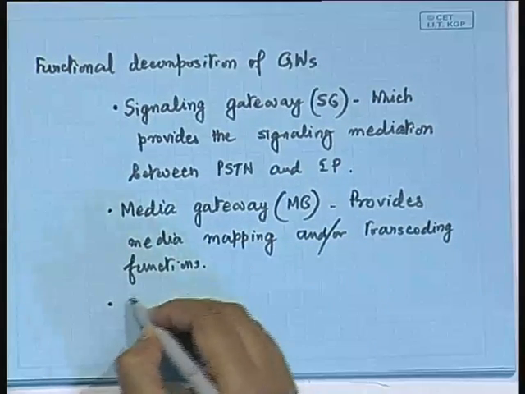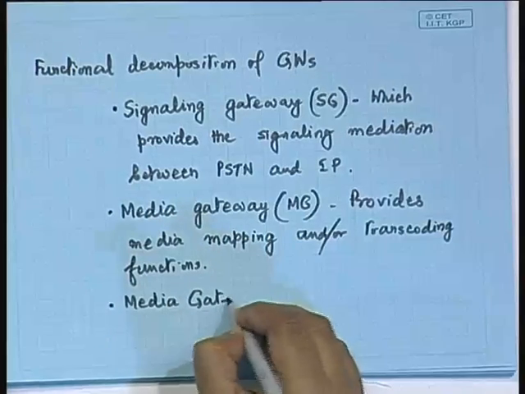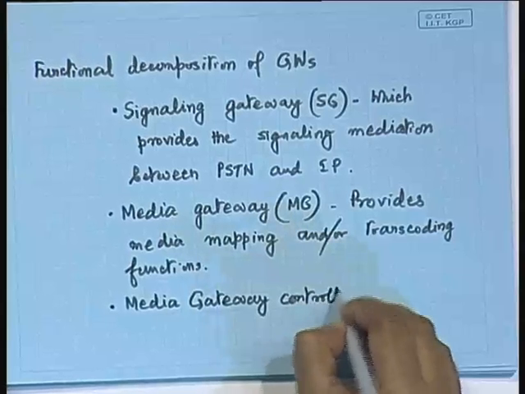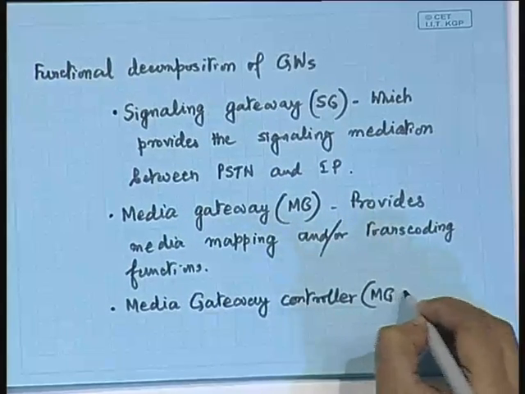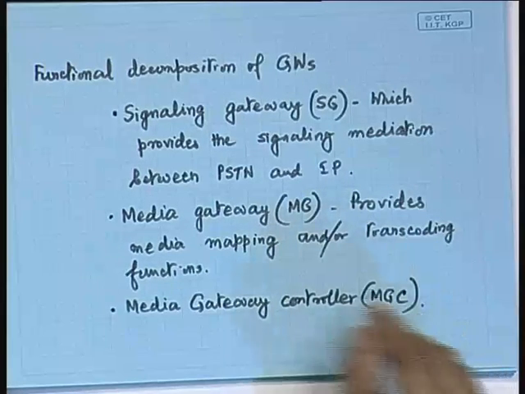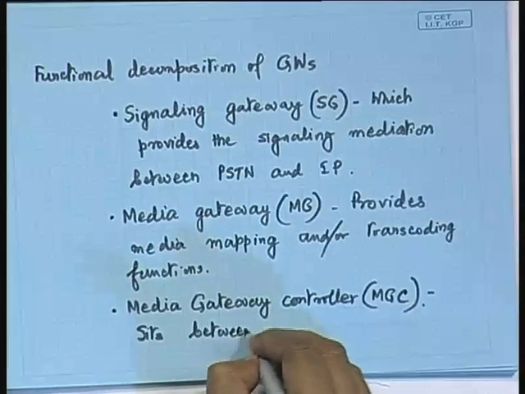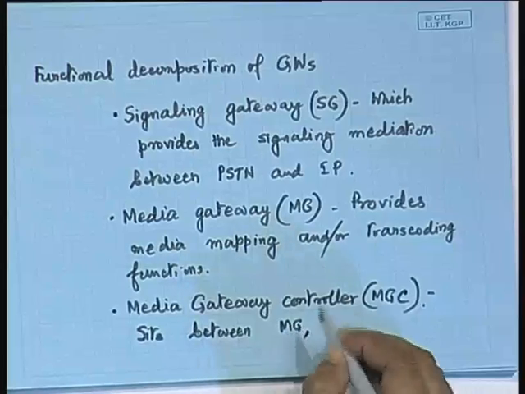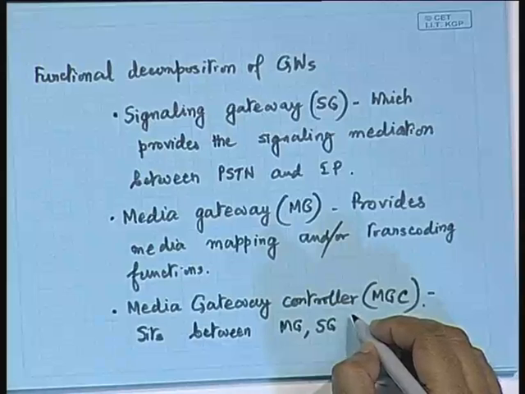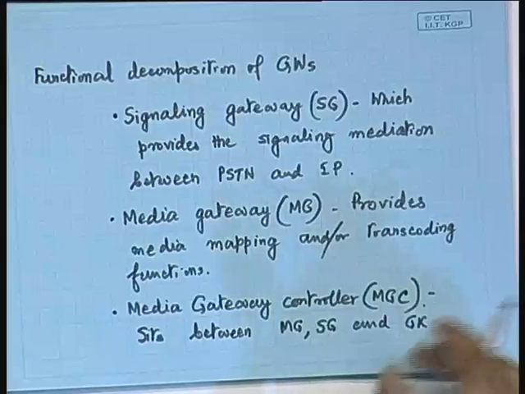Okay. The third one is the media gateway controller, or the MGC, which sits between the MG, the SG and the gatekeeper, because ultimately there has to be a gatekeeper. So,